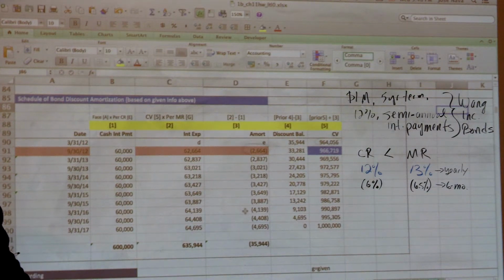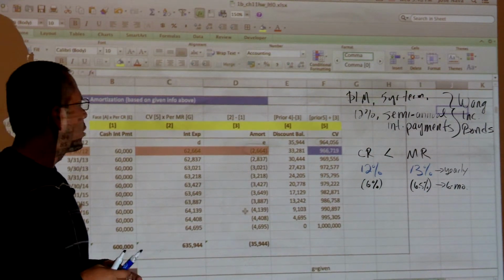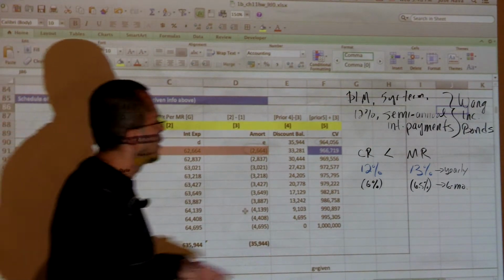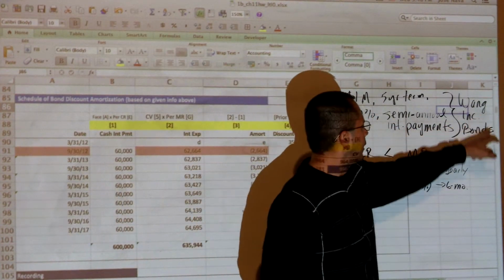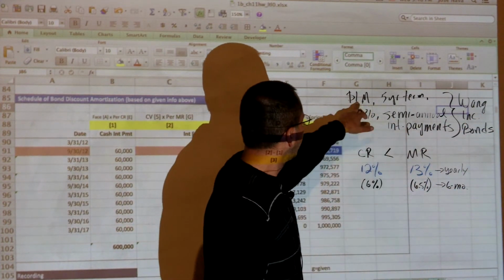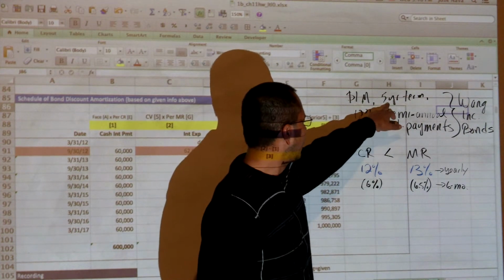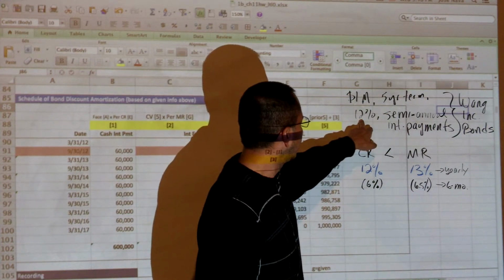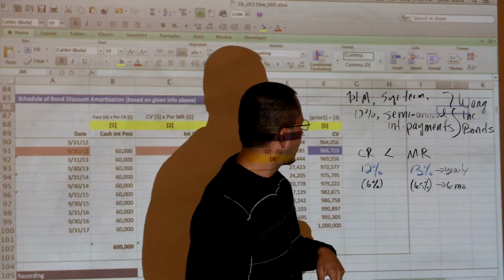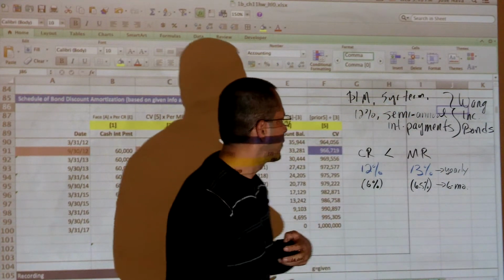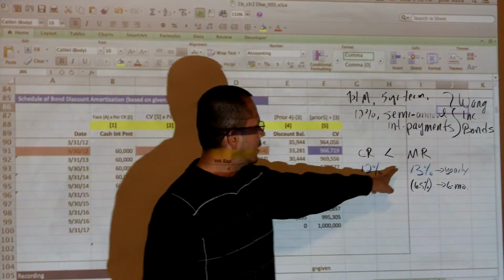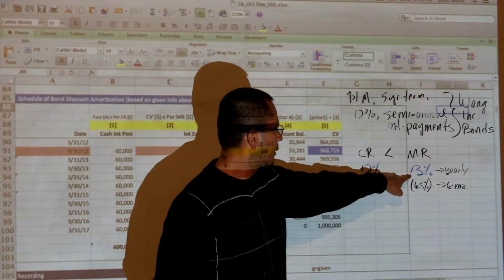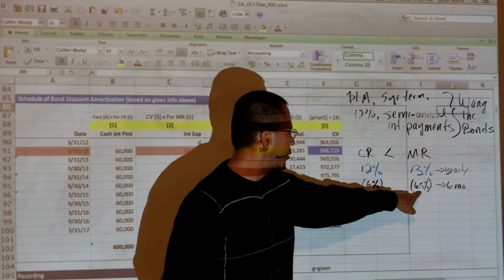In a prior lesson, we discussed issuing bonds at a discount, and we accounted for them. To remind you of that scenario, Wang Inc. issued bonds worth $1 million. The bonds were for a 5-year term, 12% contract rate, and semi-annual interest payments, which meant 10 periods for those bonds. At a time when the market rate, MR, was providing 13% for the year, or 6.5% for